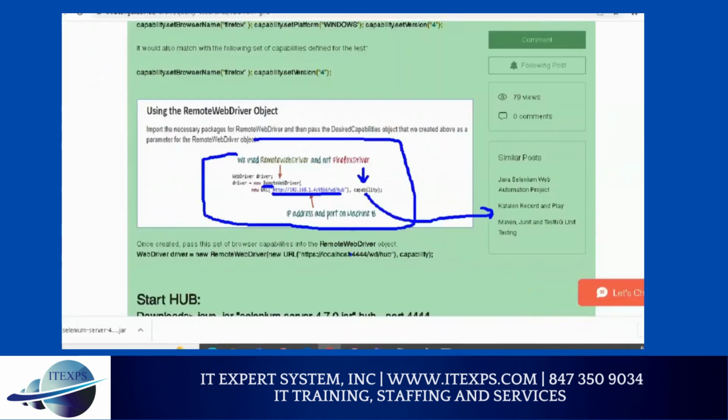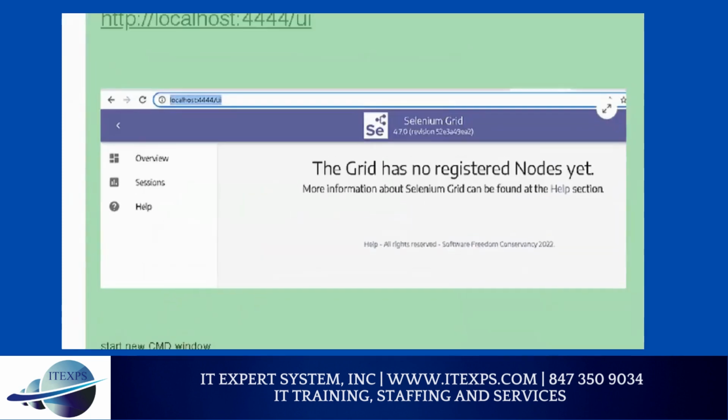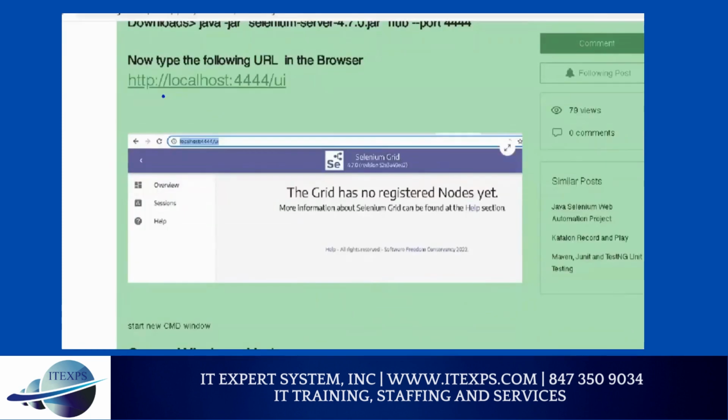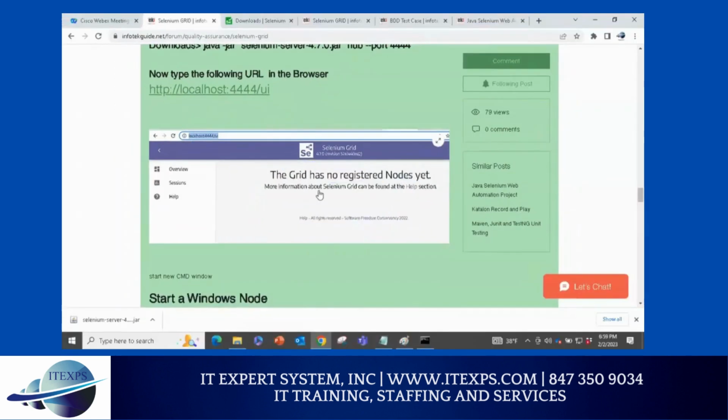Now if I start the hub, this is the screen you will see when you run this command. Initially, there is no machine registered. First time, only the hub is there. You can see the hub is there, and there is no registered node yet. Now, if I start the node,